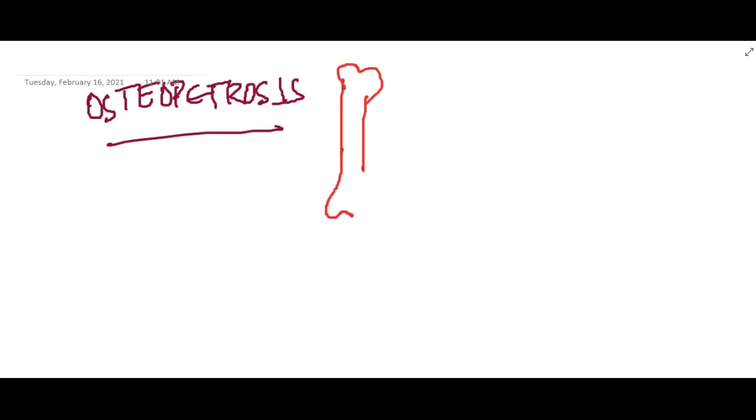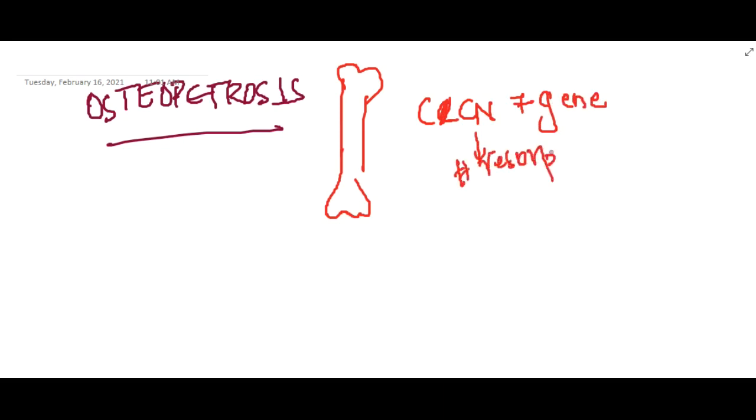Osteopetrosis is called marble bone disease. This is a disease where we see a bone in bone appearance. In osteopetrosis, there is increased density of the bone. The bone density increases due to the mutation of the CLCN7 gene, and this gene will cause defective resorption of the bone. So as a result, increased density of the bone is seen, and this osteopetrosis is also associated with